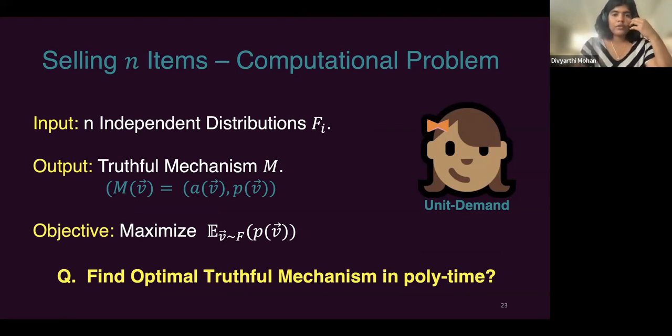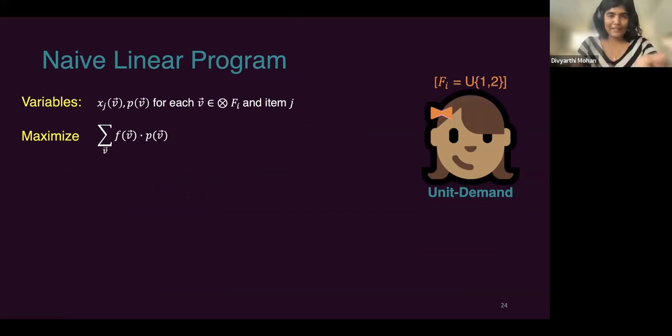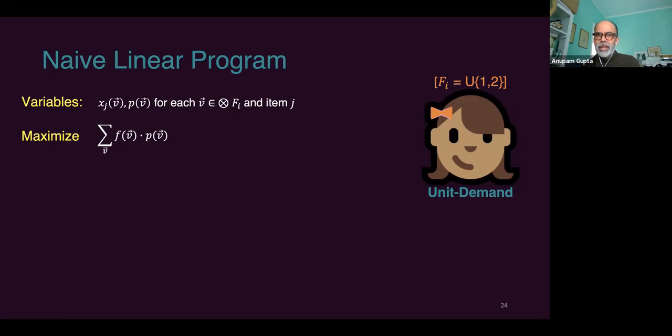Okay, so let's try to do that. As Ravi suggested, let's take a simple instance where you only have finite support. So each of the items only takes either value 1 or 2 uniformly at random. Let's try to solve this with a direct approach. I'm not claiming that this cannot be solved in polynomial time, but let's try a direct approach with a naive linear program. Sorry, you can solve, yeah. Is there even an existence result, sort of